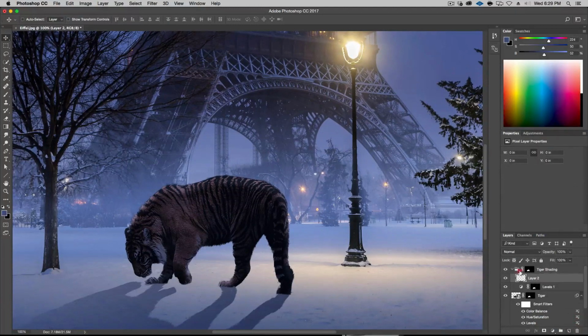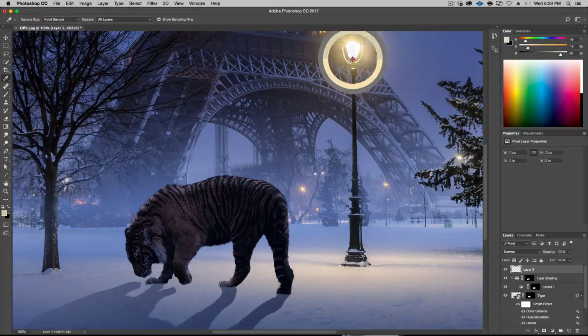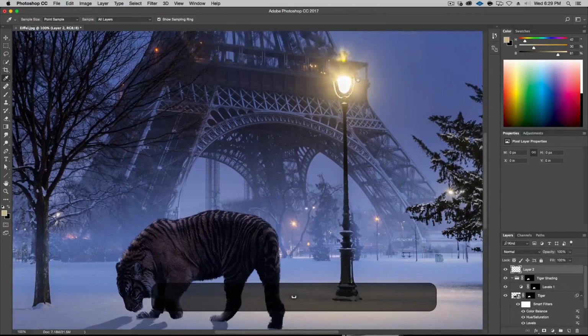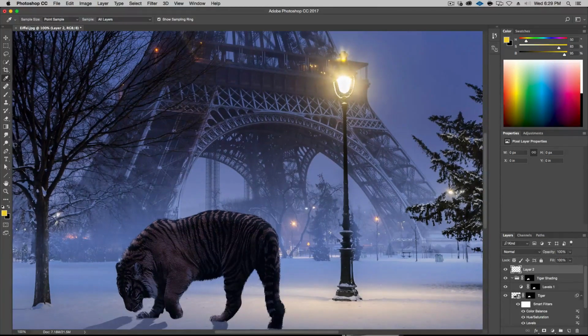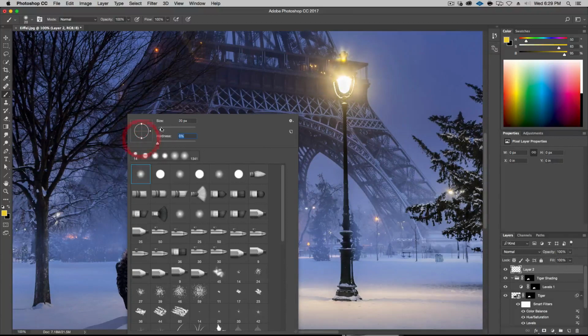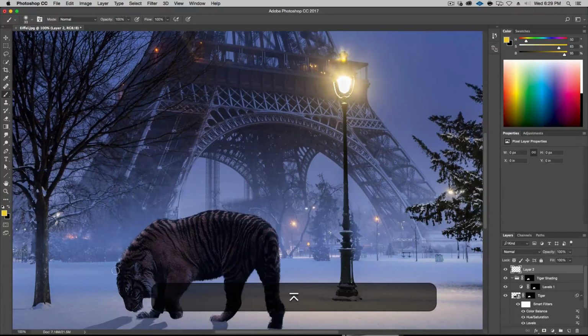So I'm going to create a new layer. Just bring that above it. And take a brush tool, very simple. Actually, eyedropper first. Take the color of the light. I want a nice little yellow here. Something like that. Maybe this brighter yellow. Yeah, let's try that. And go to the brush tool, and make sure it's a very soft brush. 20, 30 pixels is fine.